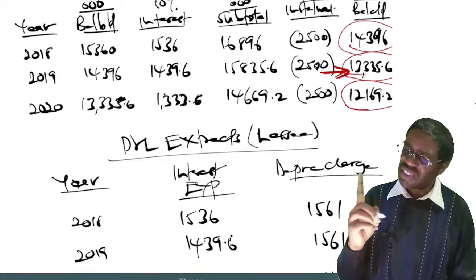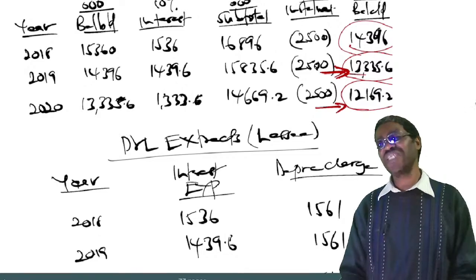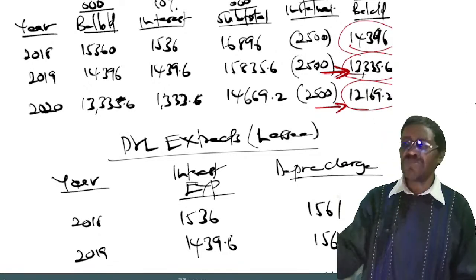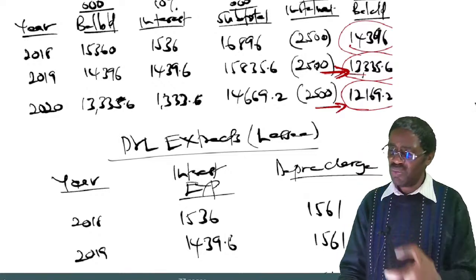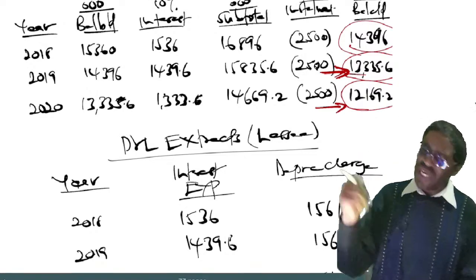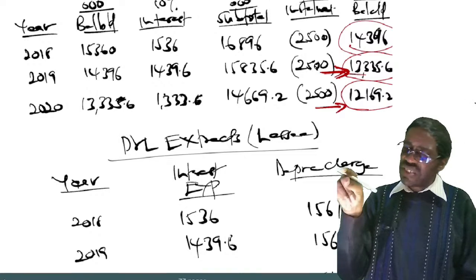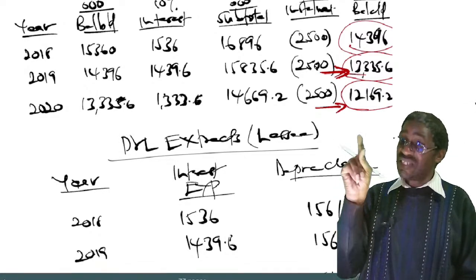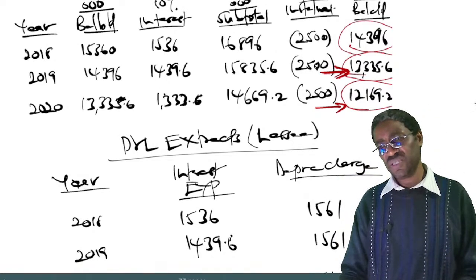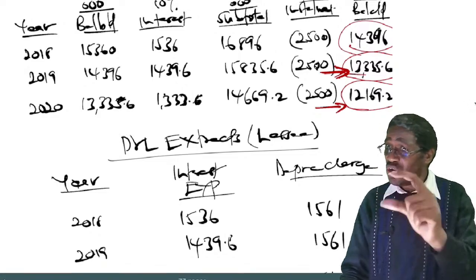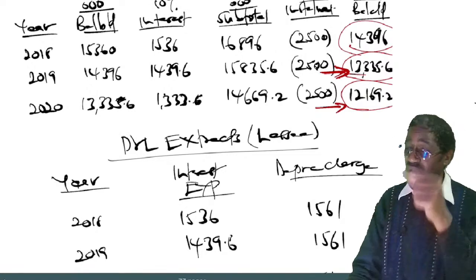Listen, if this 13 by end of year 2 must come down to 12,169 in the next 1 year, the 13 must reduce to 12 in the next 1 year. So it means the difference is what I must pay within the next 1 year. So again, out of 13, there is this 12,169.2, which is an amount I can't pay within the next 1 year. So by end of year 2, this 12,169 will be the liability that I'm going to consider as long term.